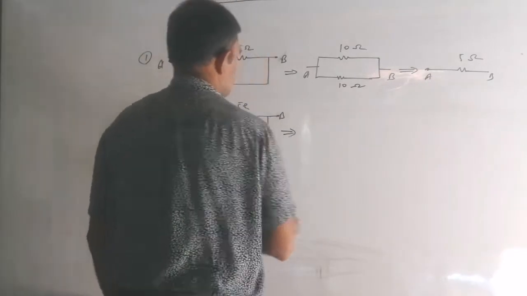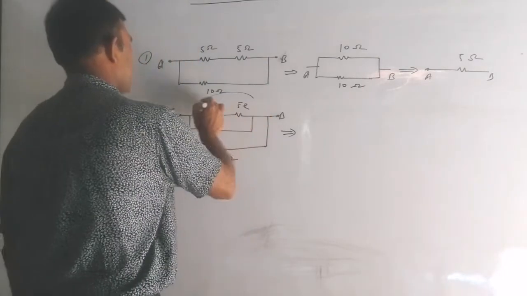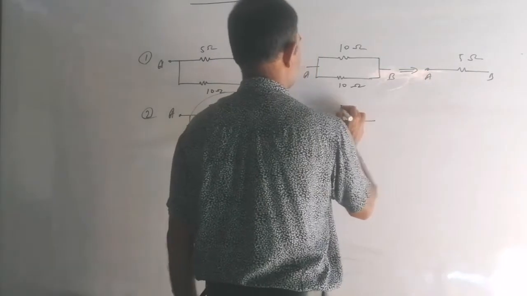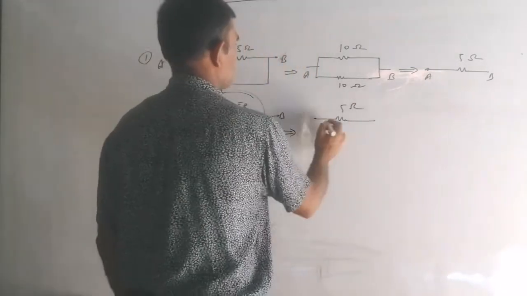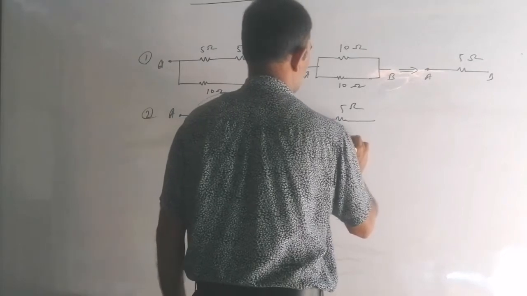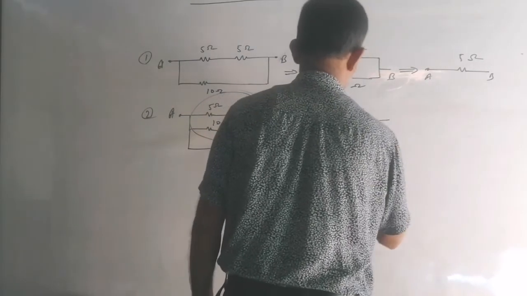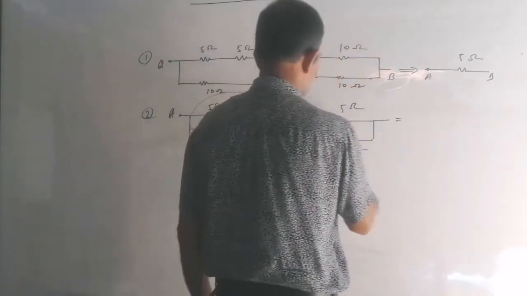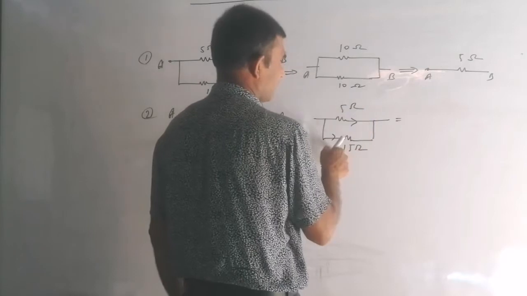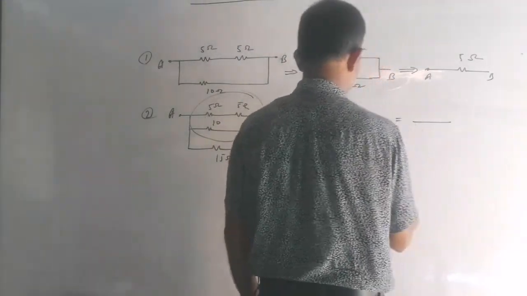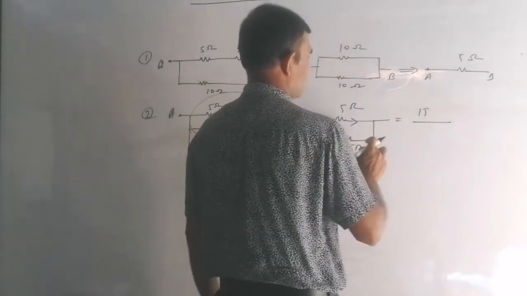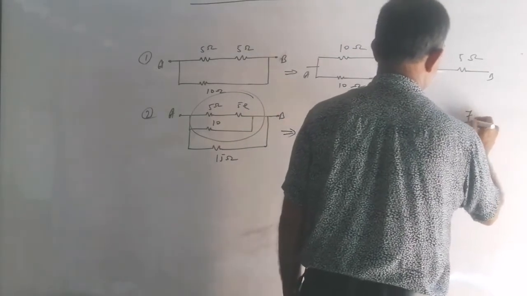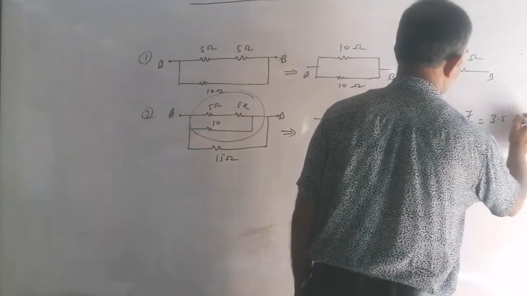Don't worry, you are not using just common sense. Just now you found the resistance of these all three, and you got 5 ohm, and next it is parallel to 15 ohm. Again you can use product by sum, or multiple. Since these two are in parallel and one is a multiple of the other, I write the bigger, 15 ohm, 3 times. 3 plus 1 is 4, so 15 by 4, which is 3.75 ohm.